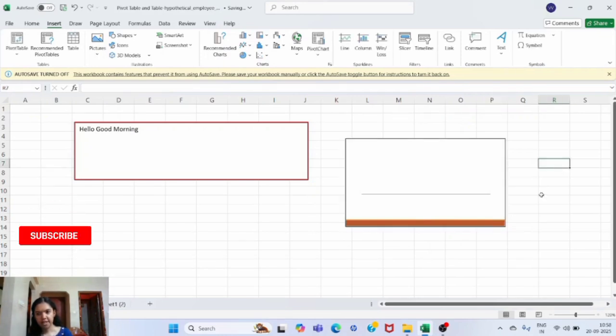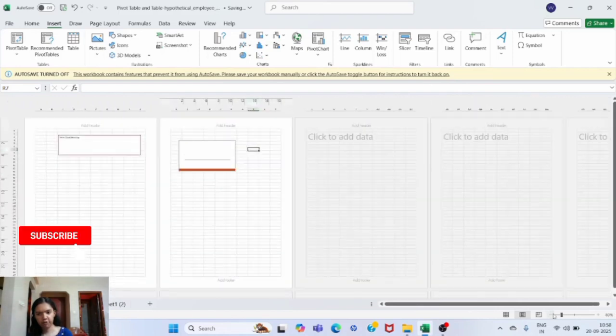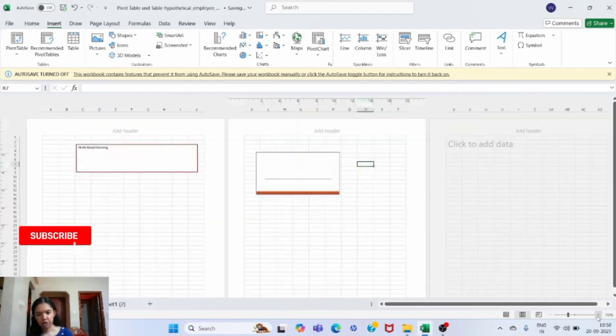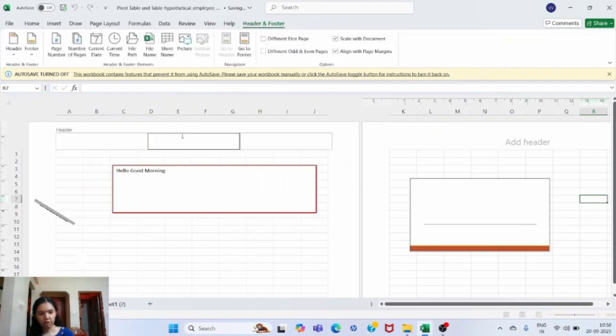So to apply the header footer option, down here you can see there is an option as page layout view. So just click on that and we can see that our Excel sheet has got converted into different pages. So first you have to come to this page layout view in order to add the header. So here if you click, you can add the header. You can add whatever header you want. You can write your name.